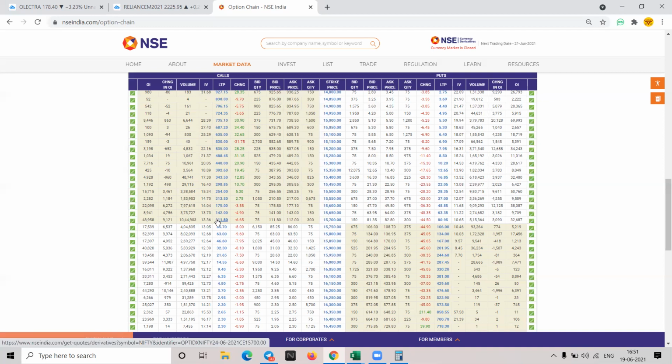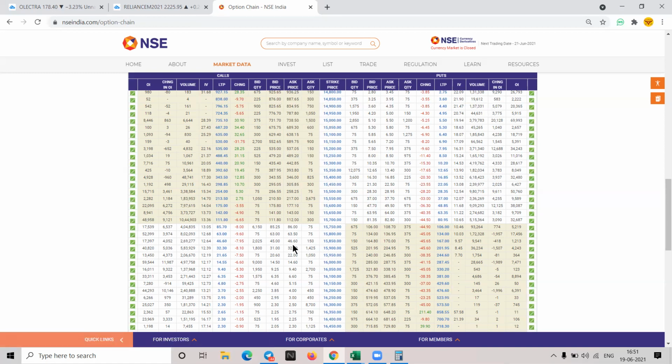Similarly, clear, right? So there is a call contract which is being traded at the money strike price, which is 15,700, and the price of that contract is 111. Okay. There are two more contracts. One is known as in the money and one is known as out of the money.